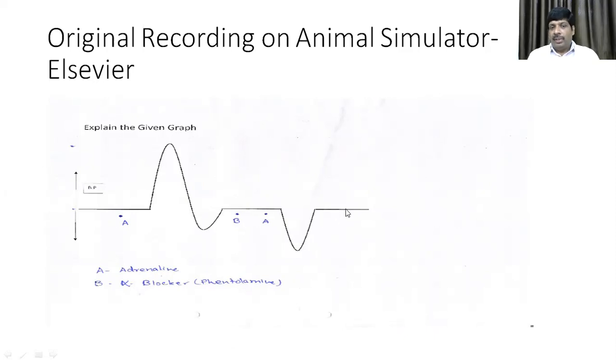So in examination, you will be given the graph, and you may need to explain the graph. This will be written. You need to identify what the drug is, and explain the curves, that this is because of what receptor and so on. And if accompanying questions are given, then you need to answer those questions. So here basically we are seeing the effect of adrenaline in the presence of alpha blocker.